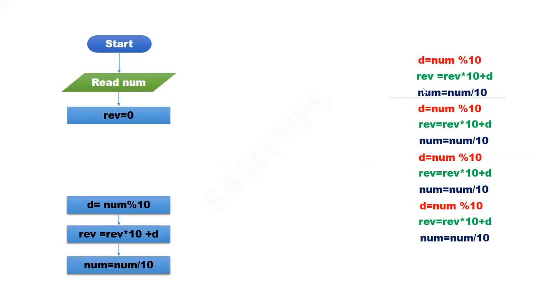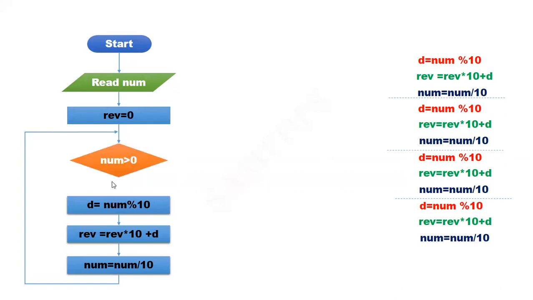After this, the above 3 statements are again repeating. So that means this is a loop. We need a termination condition here. From the previous slide, we have seen that these operations are performed only if the number is greater than 0. So once the number becomes 0, we can stop this operation.